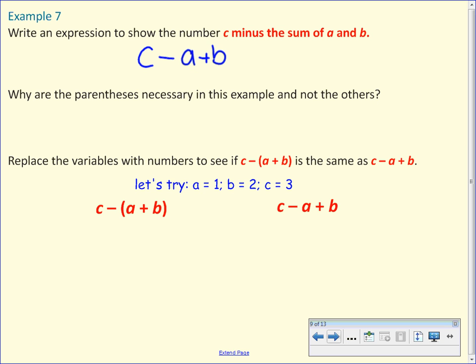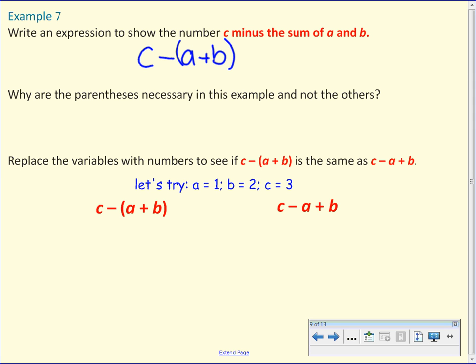Just the a. If I leave it like that, that's c minus a. But I don't want c minus a. I want c minus that sum. So I have to have the parentheses this time. So now I'll do the sum first, and then when I know the sum, then I can take it away from c. Okay? So the parentheses are necessary,